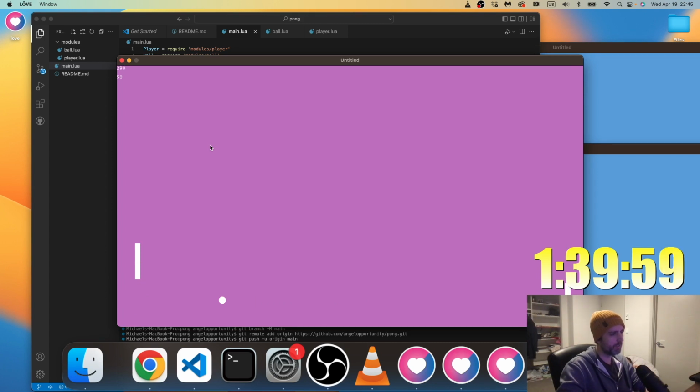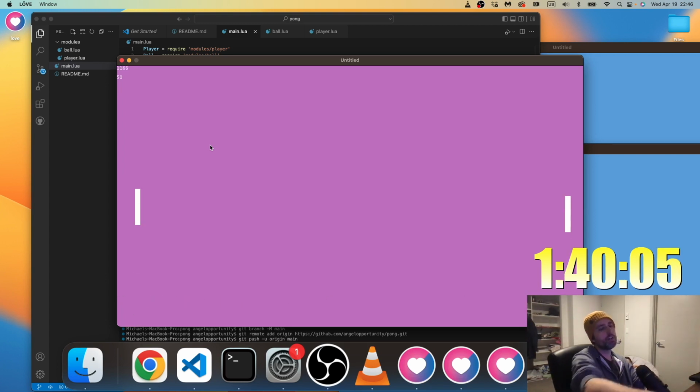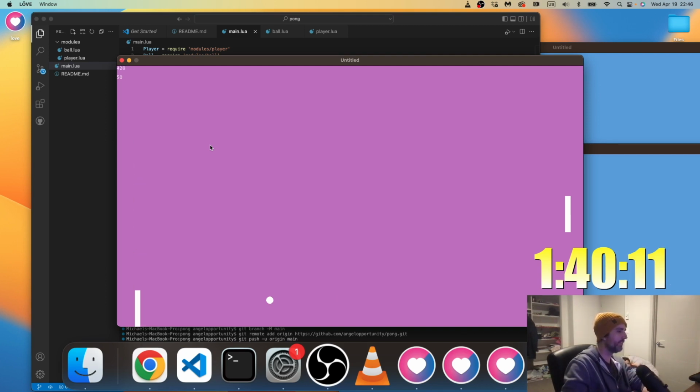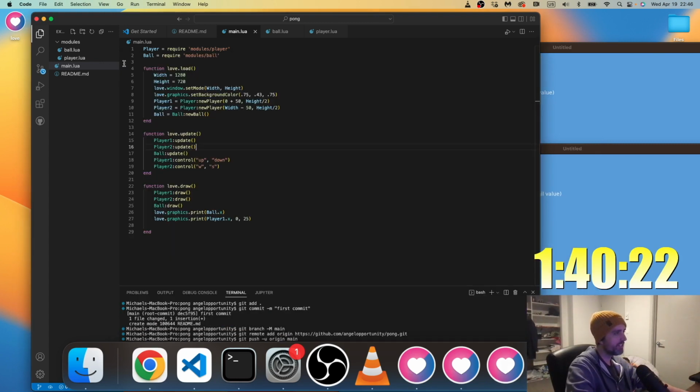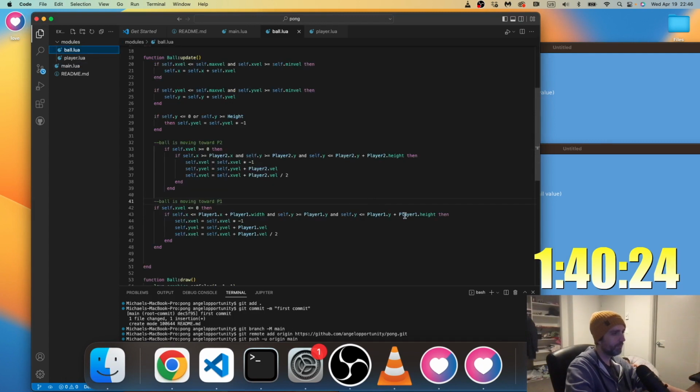Was it bouncing off the wall for no reason though? No. If it's behind the paddle, you can hit it. It's not correct. Watch, if I come down under it, even if it's off the screen, it counts as a bounce because I didn't do it right.